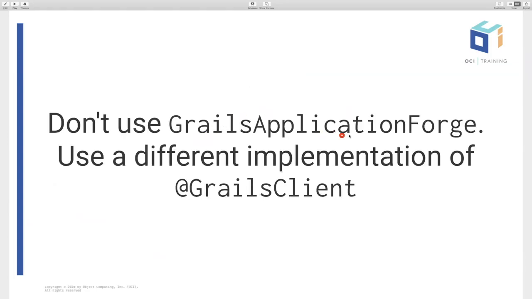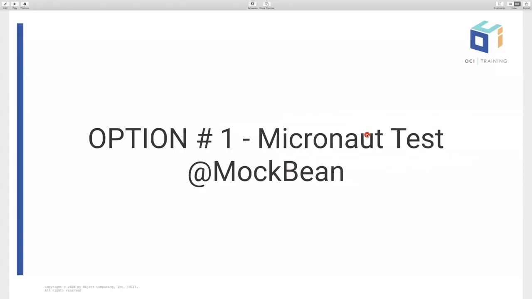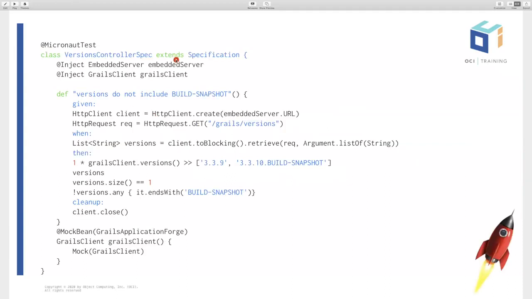So instead of using Grace Application Forge in our test, we want to basically mock that, right? I'm going to show you different ways to test this thing. The first one is using the Micronaut test framework and the @MockBean. How does this work? I have the class annotated with @MicronautTest. And here I have a method which returns a Grace client, and it is annotated with @MockBean. This is the interface that I created, and I'm telling which bean I am mocking. I am mocking actually the @Client bean,